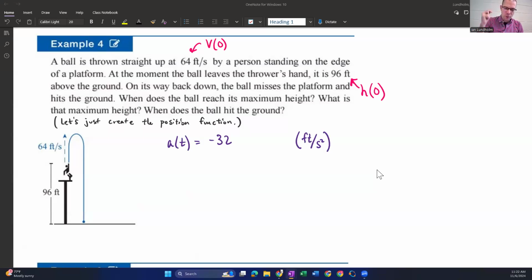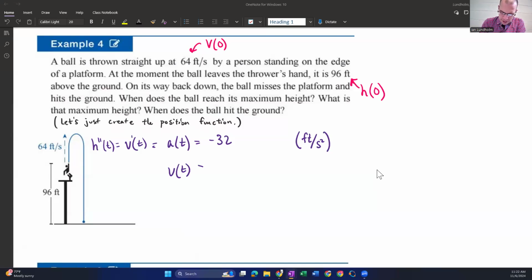But yeah, the cool thing about the acceleration function is that it is the derivative of the velocity function. It's also the second derivative of the position function. And so we can use antiderivatives to keep building back and try to make a velocity function and try to make a height function. So if we take an antiderivative and go v of t,